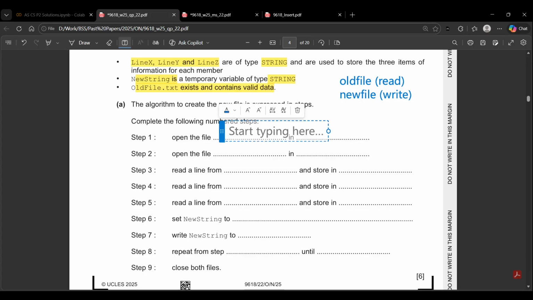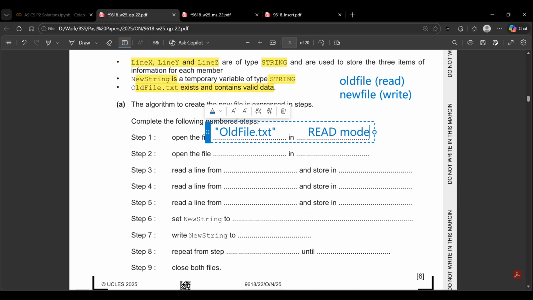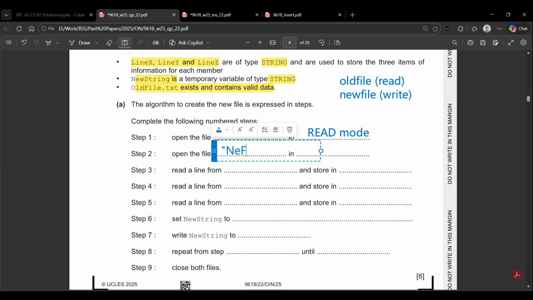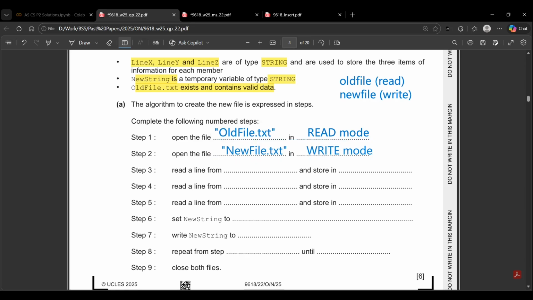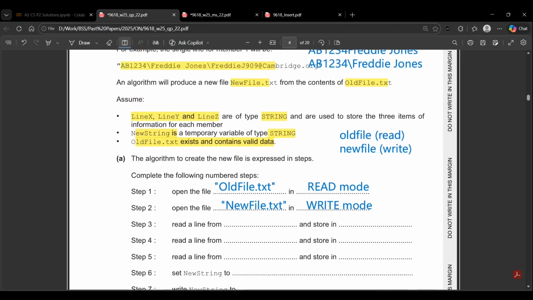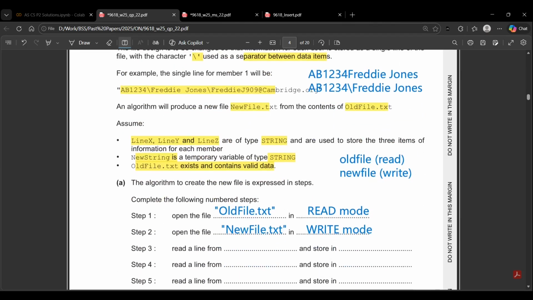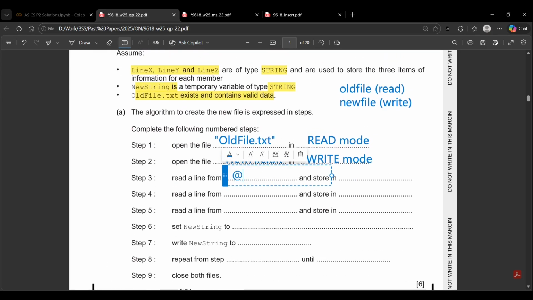Okay, open the file in. So open the file, we have to make sure that we write the correct terminologies and the correct syntax. Old file dot txt in quotation marks in read mode like this, or you can just write open in read because just like we do it in pseudocode, and this would be new file dot txt in write mode. Okay, then since the old file is the one that we are reading, so we just have to write that. So read a line from the old file dot txt,